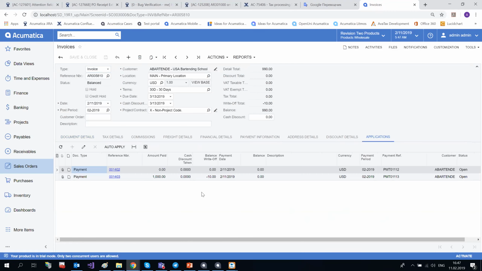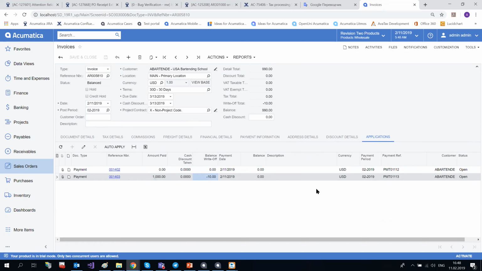If we go to applications, we see our payment. And because the balance of the invoice is less than the amount paid, which is applied to the sales order, we will need to create a balance write-off, which is -10. So if now I just release the invoice,